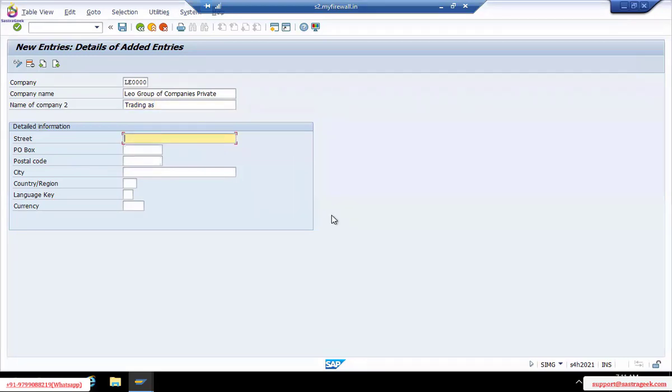Some Gandhi Street, Nehru Street, or whatever the street name wherein this company is located. So I'm giving ABC Street, post box number, then our postal code, city. Which city? It's Bangalore, Chennai, or Kolkata, or Hyderabad, whatever. Give the city. Now country, region, give IND,